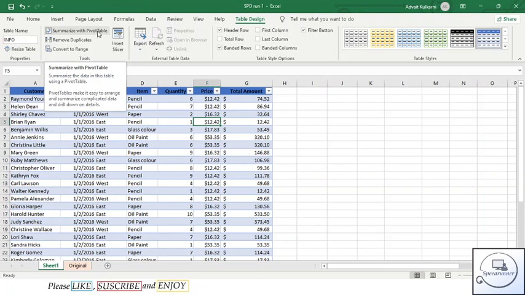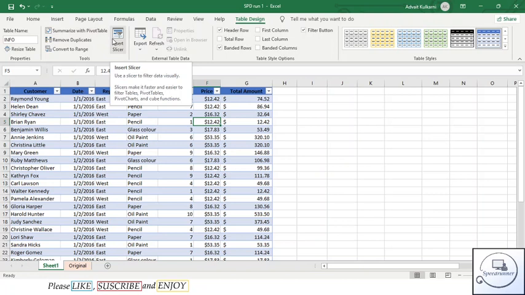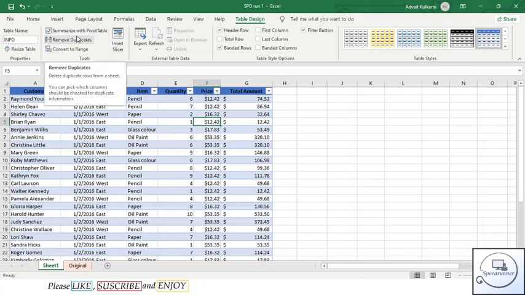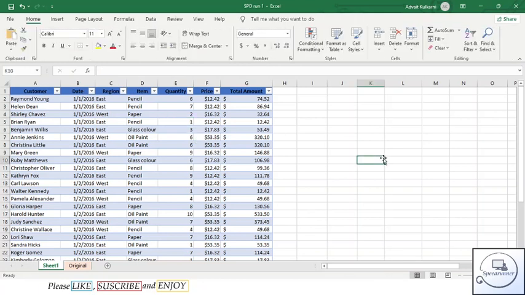Then we can summarize with pivot tables, as we are going to learn later. We can insert slicers, which we are also going to learn later. Be sure to check those videos too. We can remove duplicates, as well as convert to range. When we use convert to range, the table can be converted to a range of cells.